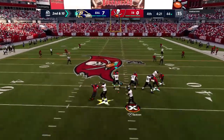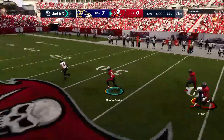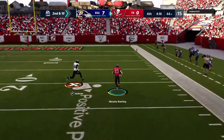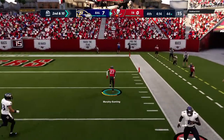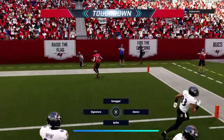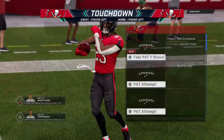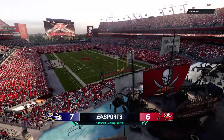Now it's Jackson. And look at this. They get the turnover they needed. It's intercepted. Picked up by Sean Murphy-Bunting. That's a pick 6. He brings it back to the house for a Buccaneer TD. Now the Bucs going to use the first